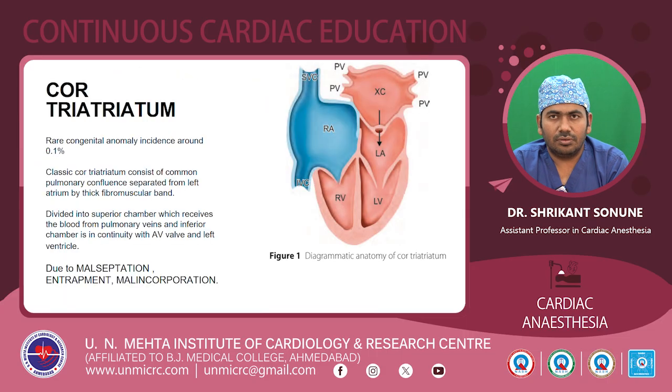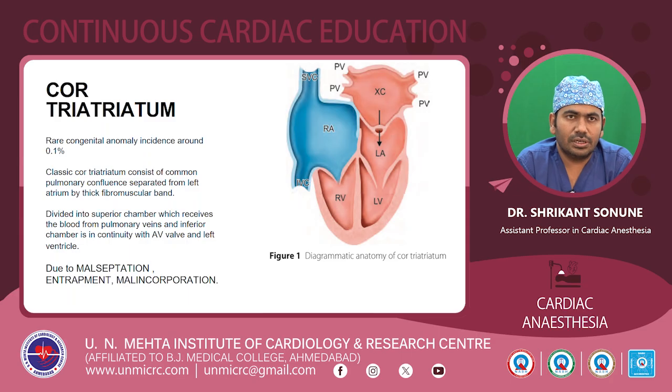Coming to the other variant of pulmonary venous anomalies, this is cor triatriatum. It is a rare congenital anomaly. The incidence is around 0.1%. The classic cor triatriatum consists of a common pulmonary confluence which is separated from the left atrium by a thick fibromuscular band. This fibromuscular band is formed due to either malseptation or the entrapment or malincorporation of the pulmonary vein